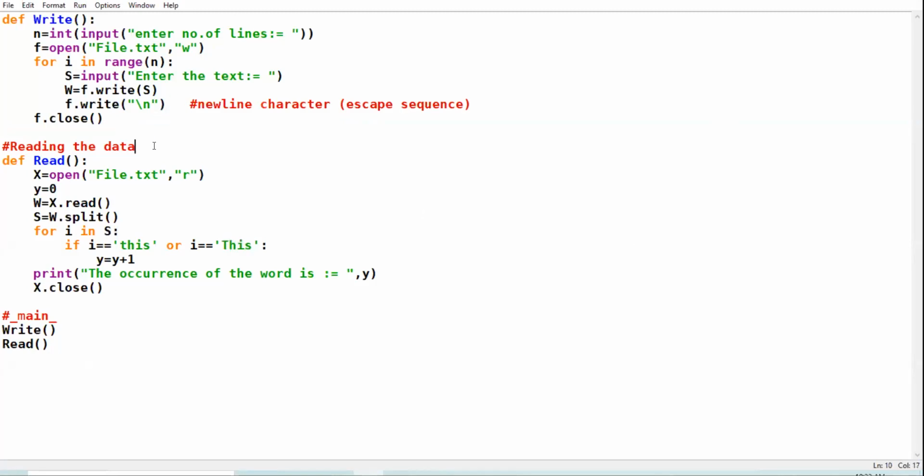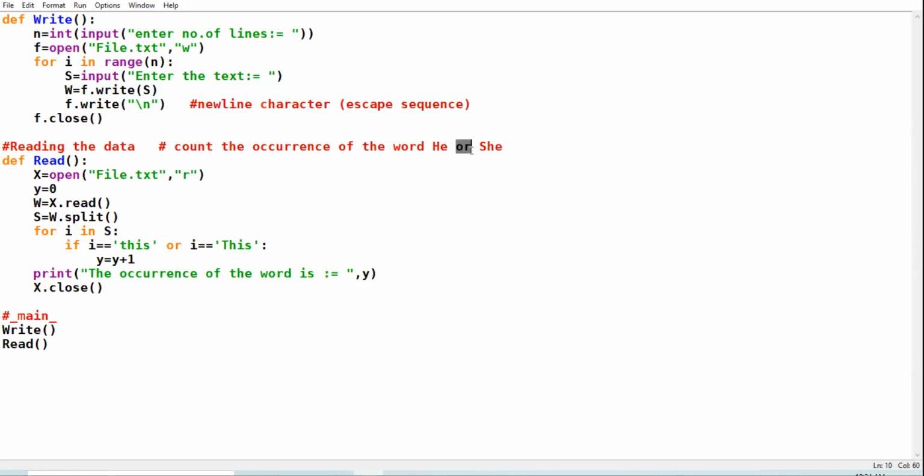Count the occurrence of the word he or she. Two individual words, but in between the examiner is saying or.